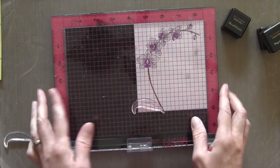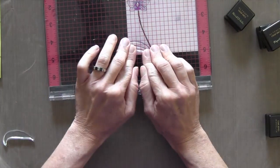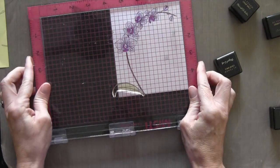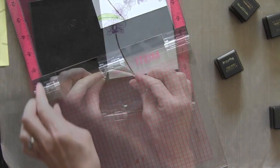I'm going to stamp them using the MISTI rotated 90 degrees so that I can have some space on the lower left-hand corner for my stamp to hang off. The leaves actually only have 3 steps. So the first one I did an outline in black, and here's my second one, which is the solid stamp